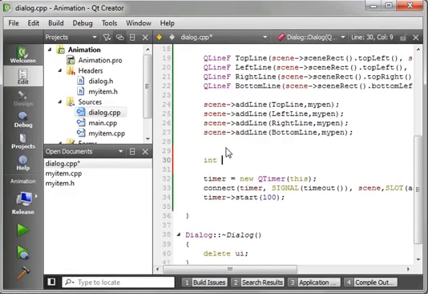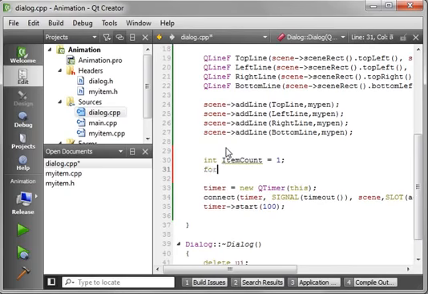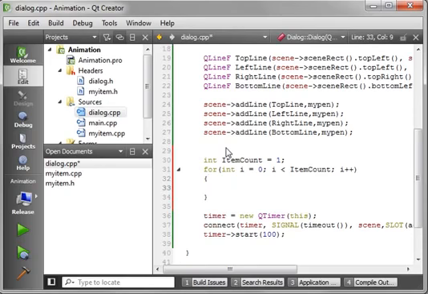Then we're going to say int, and we will just call this item count equal, and we're just going to add one item just for the sake of argument. But then we're going to say for int i equals 0, i is less than item count, i plus plus, because what we're going to plan on doing is adding a bunch of items, but we want to be able to change that on the fly here. So we'll say my item